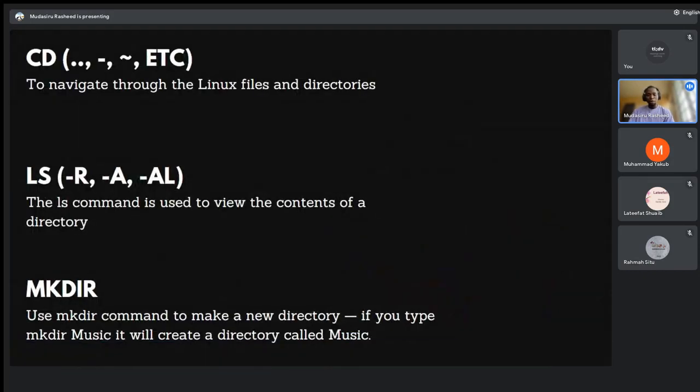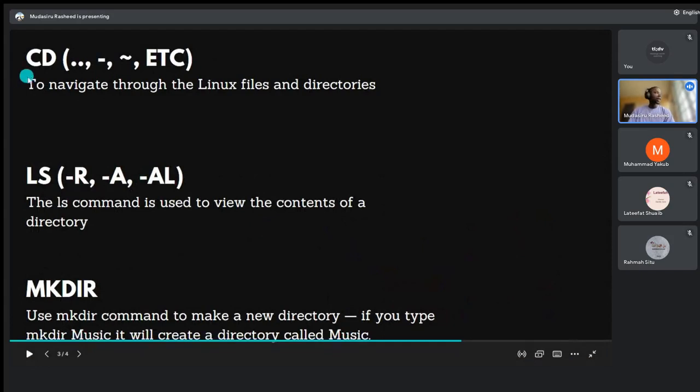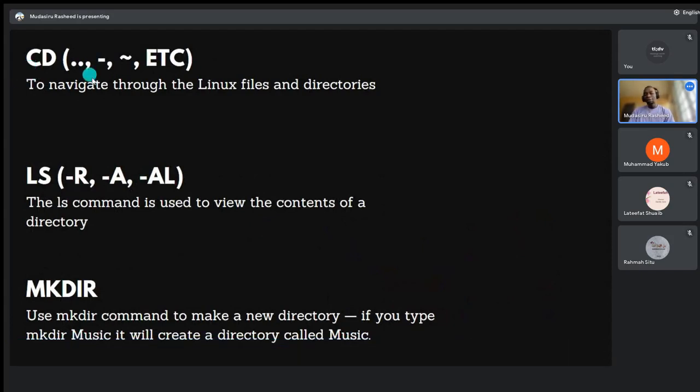Okay, so the Linux commands that we'll be looking at. The first one is the cd command. We call it change directory. The cd command is basically for changing from a particular directory. When we say directory, we are talking about a folder. For me to navigate from one folder to another folder, I need to use this particular command. The style I want to use to explain this is to explain one command and demonstrate with it.